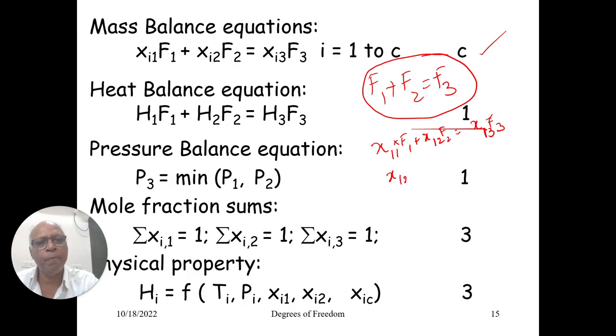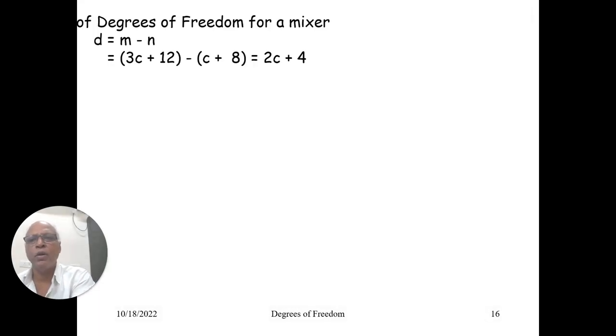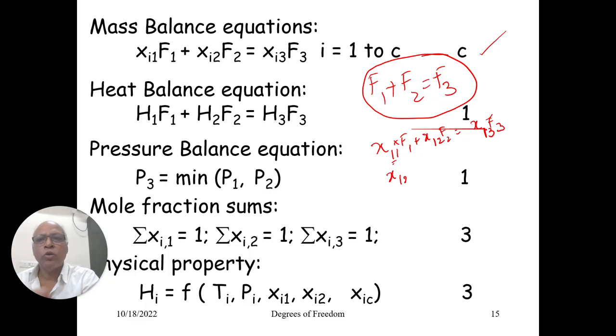Did I make a mistake here? Yeah. Let us say the first subscript is representing what? Component 1 in stream 1. Let me follow this notation, right? So component is the first subscript: stream 1, component 1 in stream 2, component 1 in stream 3.